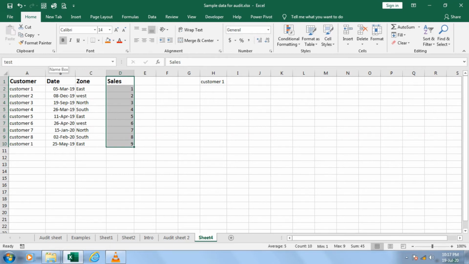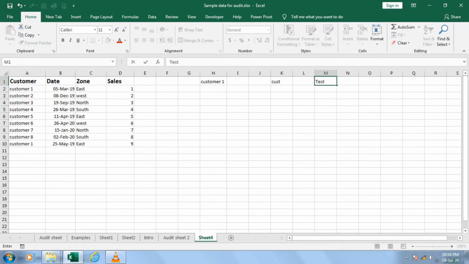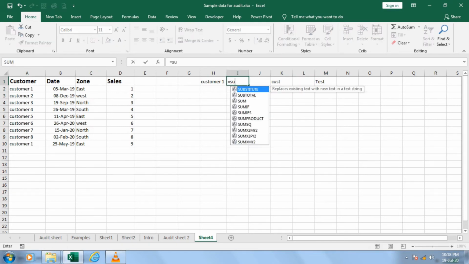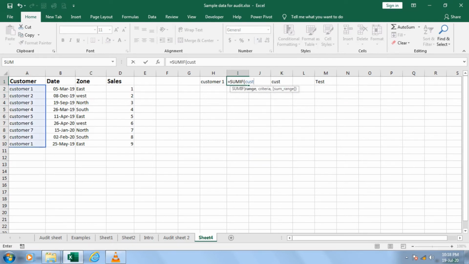Okay, when I enter, see, in the previous example I selected from here, and that is a name range I defined, that is customer CUST, and another name range I defined, test. So there are two name ranges I defined. So let me go back and find the total: equal to SUMIF, okay, the name range is what, guys? Customer, okay sir, comma, criteria, customer 1, comma, and then finally test. Okay sir, when I close it and enter, see what I am getting, an answer of 8.